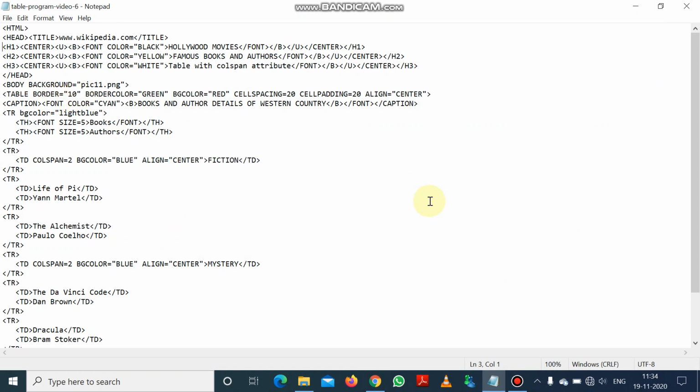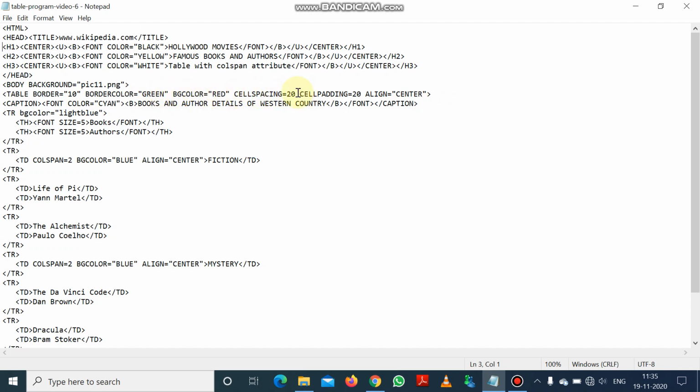We have set a thicker border, that is 10, and border color we have given green, bgcolor we have given red, cellspacing 20, cellpadding 20, align center. So this is the table tag. That means the border will be thicker, the border color will be green, and the bgcolor, that means the background color of the table, will be red.